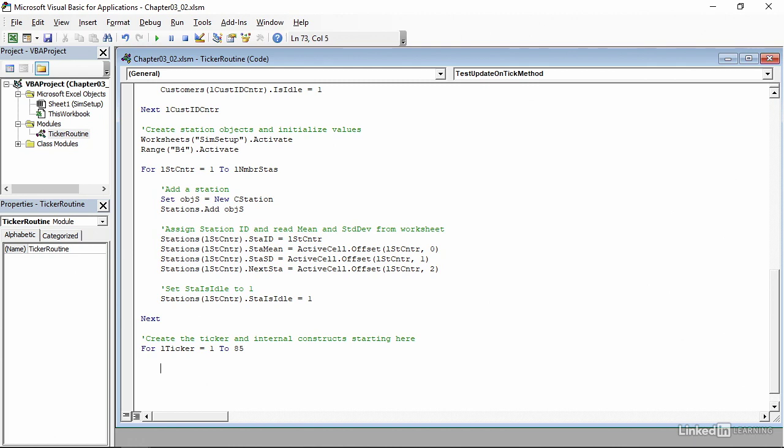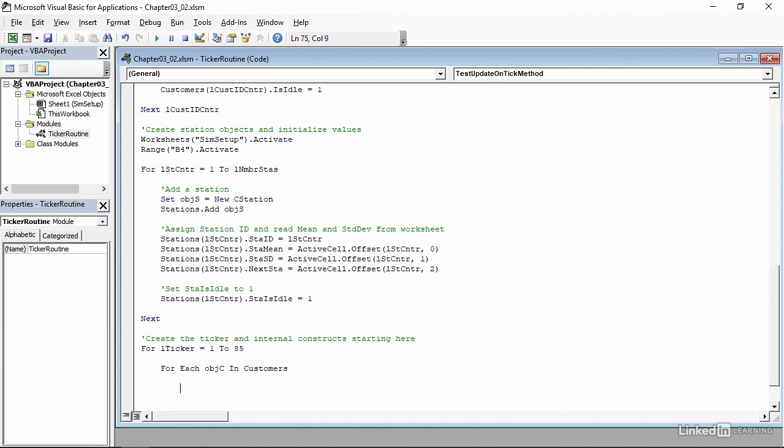Now within the for next loop, we'll start a for each loop for each object in customers. So for each objC, which again is the variable type that we're using for objects within the customers collection. So for each object C in customers, and then enter twice and tab in again,